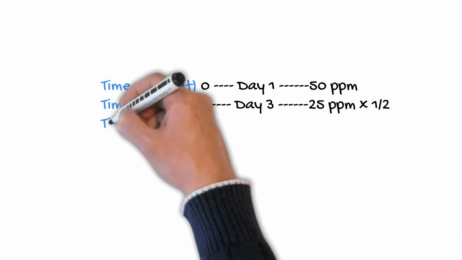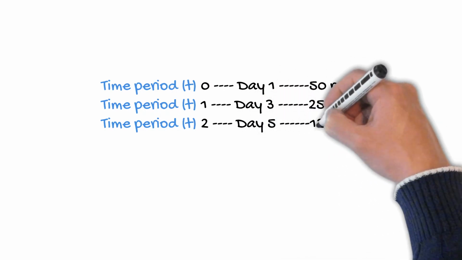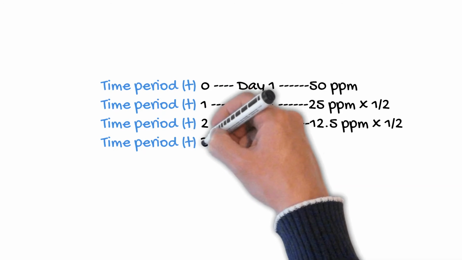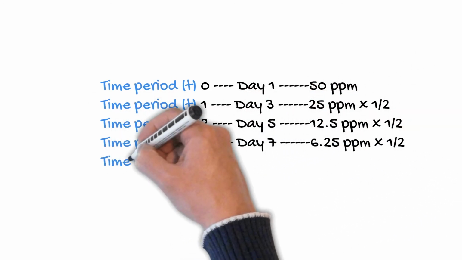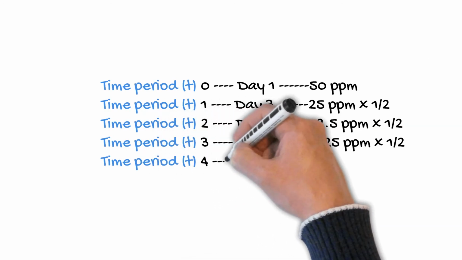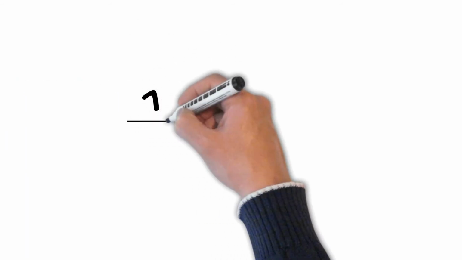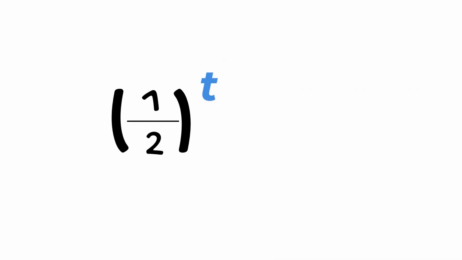So in this equation, there is going to be multiplication by 1/2. After the first time period, it's multiplied by 1/2 to the power of 1, then 1/2 to the power of 2. So we could write it as 1/2 to the power of t, where t is the time period. But of course, if we did that, we would simply get